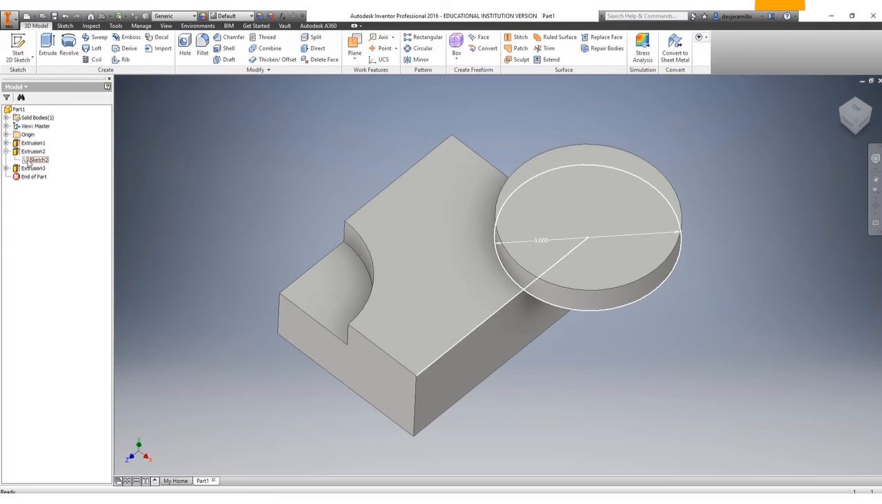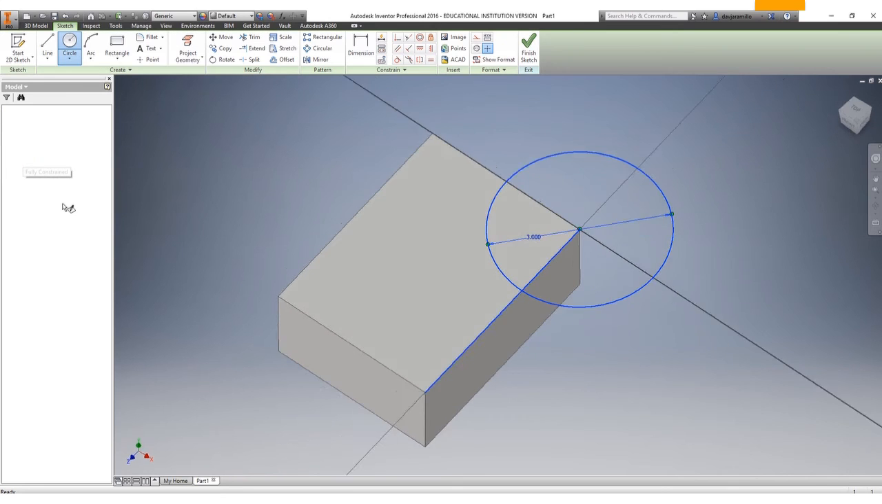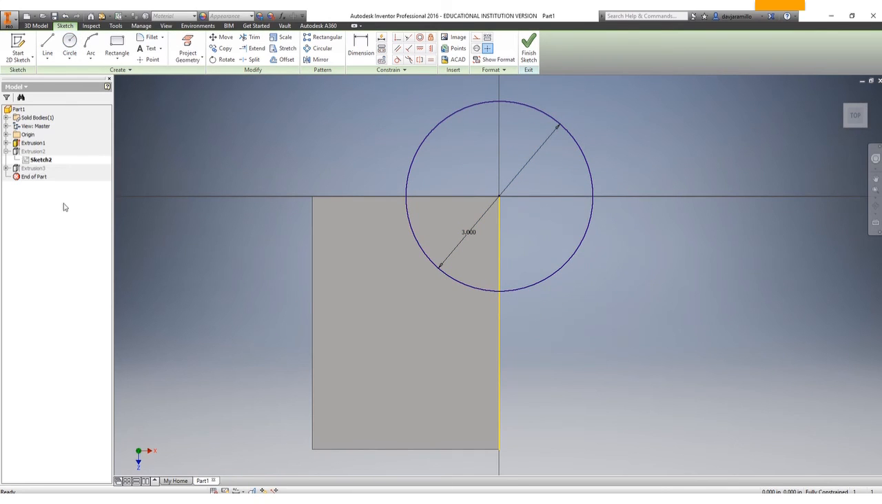picture next to sketch 2, it actually would take you back in that sketch. So now it looks like we erased this cut, but we really didn't. And so now what I'm going to do is I'm going to double click on the 3 so I can change that dimension, and I'm going to make it 1.5. So it's a half of that size. It's a lot smaller circle now. And now when I hit finish sketch,